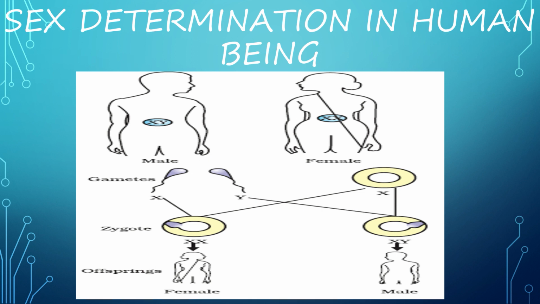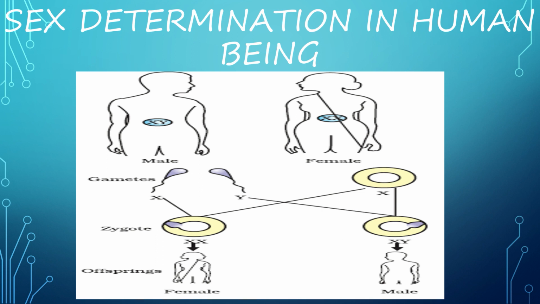As we have discussed, human beings have 23 pairs of chromosomes. 22 pairs of chromosomes are autosomes and one pair is the sex chromosome. This pair is different in female and male. Females have a perfect pair of sex chromosomes, both called X, but men have a mismatched pair in which one is a normal size X while the other is a short one called Y. So women are XX while men are XY.